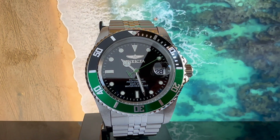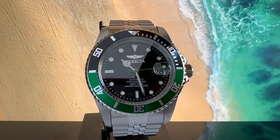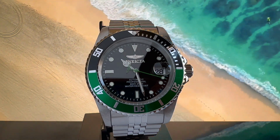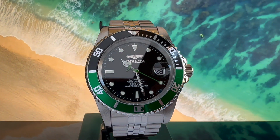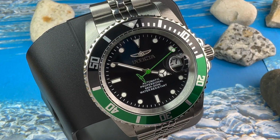Now usually I'll jump right into talking about the specs of a watch, but I think it's worth skipping ahead here and sharing with you who I think this watch is actually for. If you are new to watch collecting and you're considering this for your first automatic diver, or if you're looking for an expensive looking watch but you don't want to have to worry about banging it up or dinging it, or if you're looking for an inexpensive way to get into watch modding,